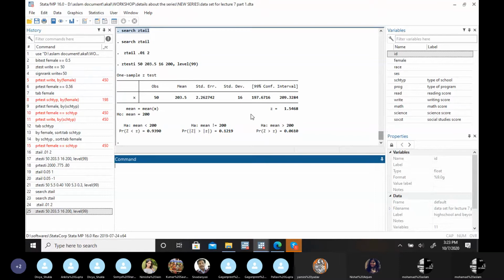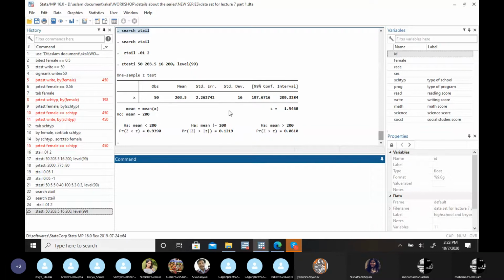So you don't need to worry whether you were using the p-value approach, test of significance approach, or confidence interval approach. That 5-step process will remain the same for all, only what will differ is that in place of the critical value, in case of confidence interval, you have to calculate the confidence intervals. Otherwise, if you are using the test of significance approach, then you have to calculate the test statistic and compare it with the critical value. So these are the three different approaches of hypothesis testing.